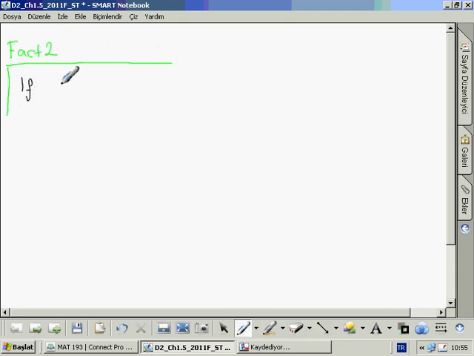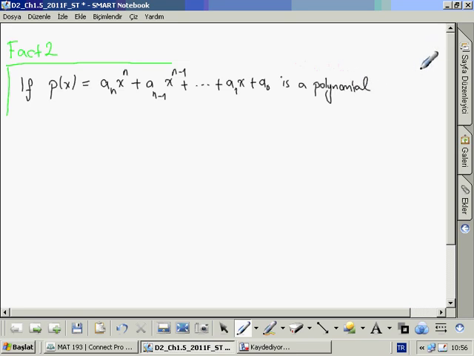If a polynomial p of x equals a sub n x to the power of n plus a sub n minus 1 x to the power of n minus 1, plus, it goes like that, plus a sub 1 x plus a sub 0, is a polynomial of degree n, then